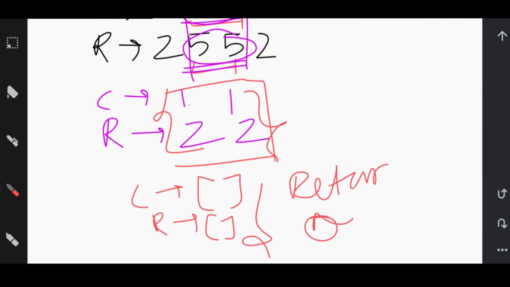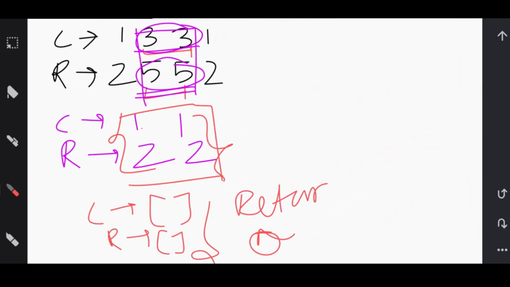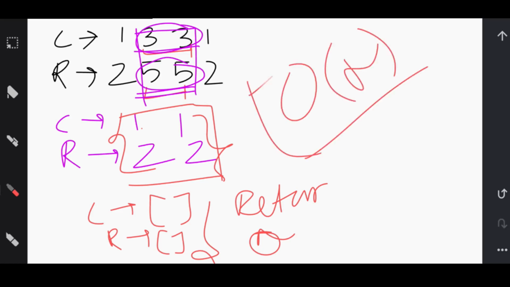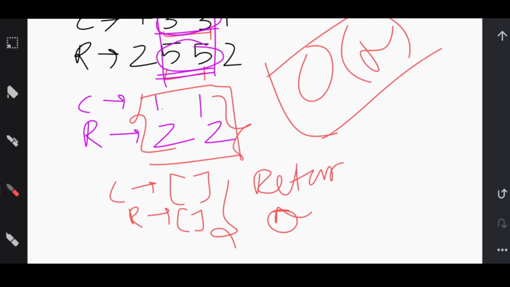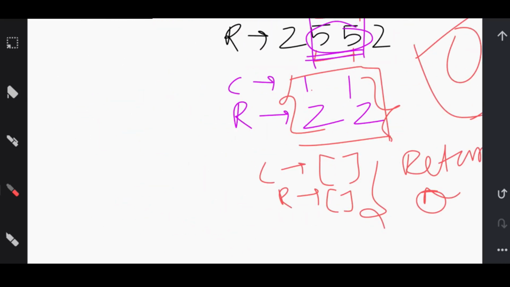For this approach, the time complexity will be more than O(n), but the expected time complexity is O(n). So for O(n), we have to iterate through only 0 to n. We cannot change the value of i inside the for loop. Okay, so let's try another approach. This is actually the idea of the question. Now we will try to solve this question through another approach.